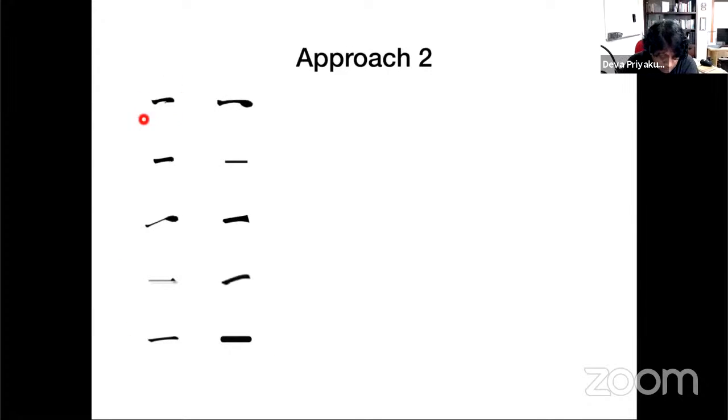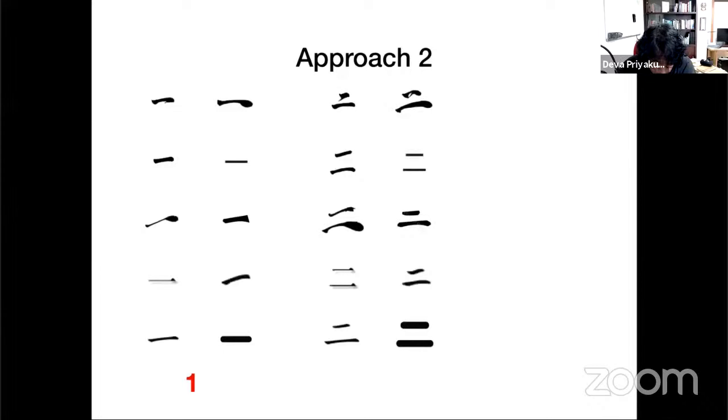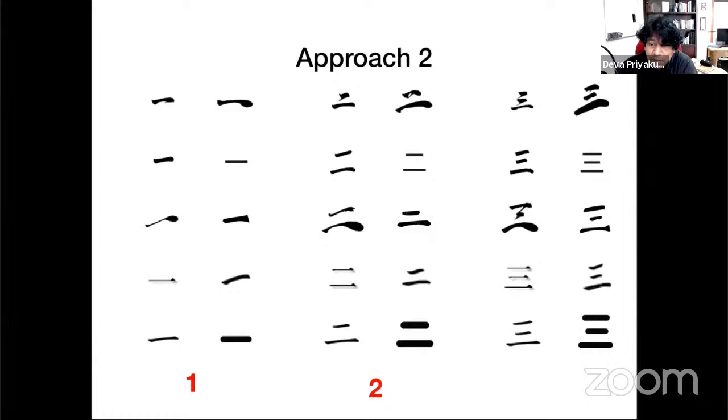So now, let's say I tell you that all these are number 1. I have 10 images: this is 1 image, second image, third image, fourth image, and so on. All of them correspond to number 1. Let's assume that these are written by different people or different fonts, however it is. Then I show you this and say all these correspond to number 2. And this one, I say all these images correspond to number 3. Everyone just look at it for like 10 seconds and then we'll move to the next slide.